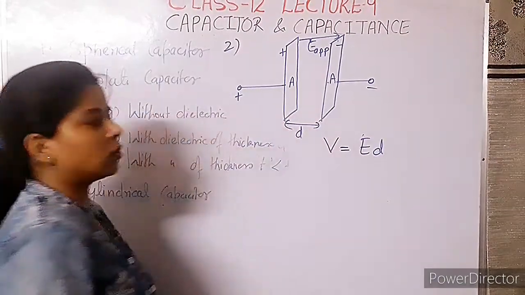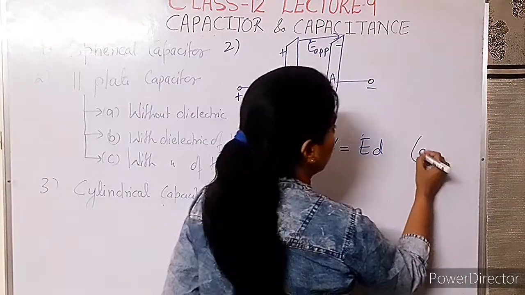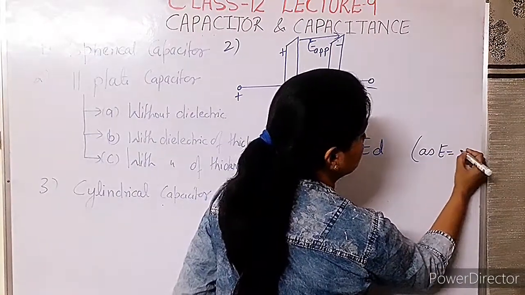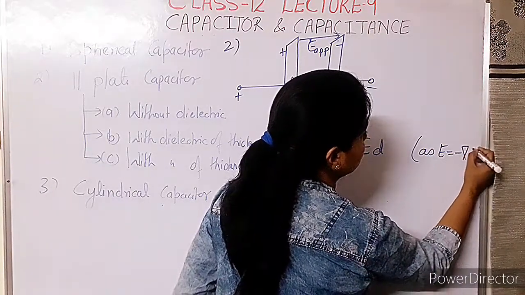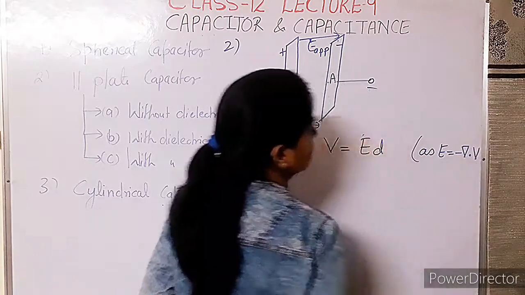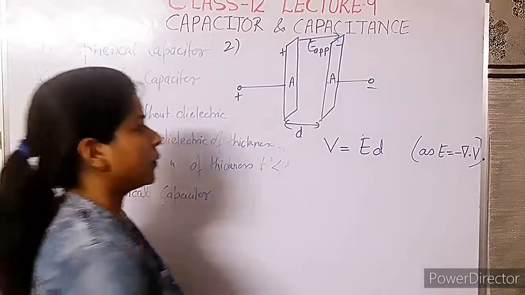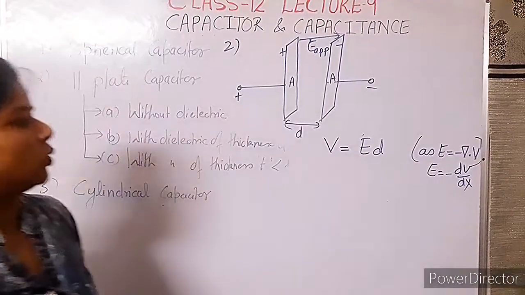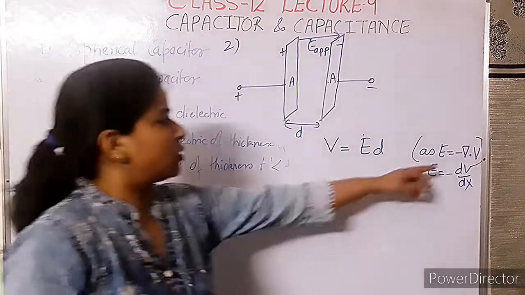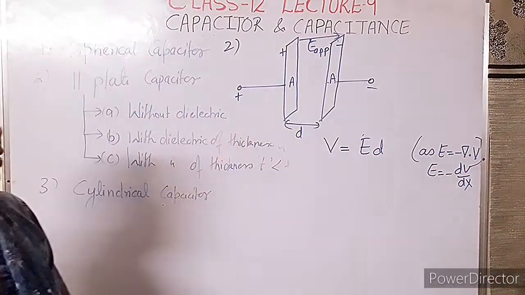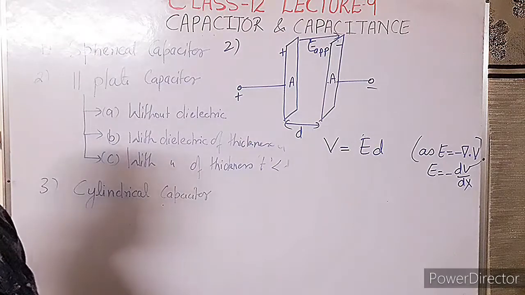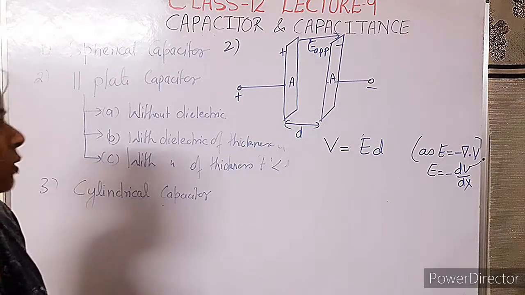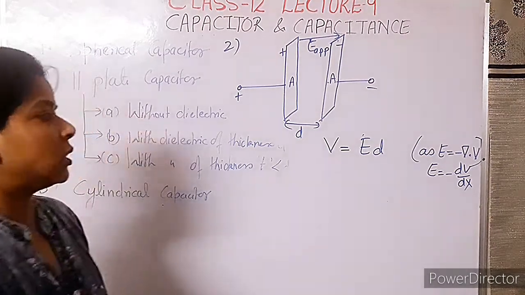From where we get this solution? As we know that electric field is equivalent to potential gradient, del dot V. I have generally used this term del dot V, and in the easiest form it is written as minus of dV by dx. Okay, so you can use any of the two, because I am telling this one because it will be useful in your next graduation classes. So better to know these terms too.